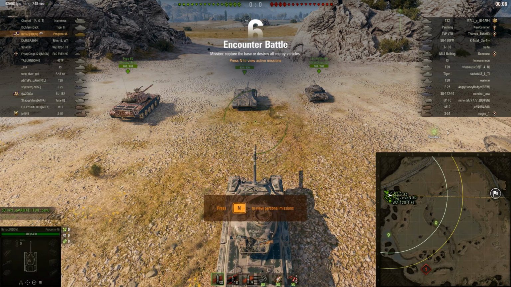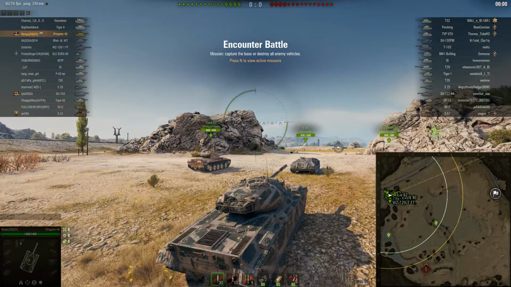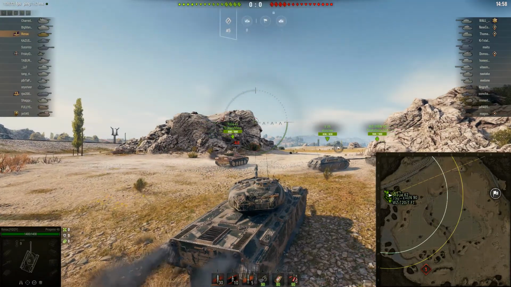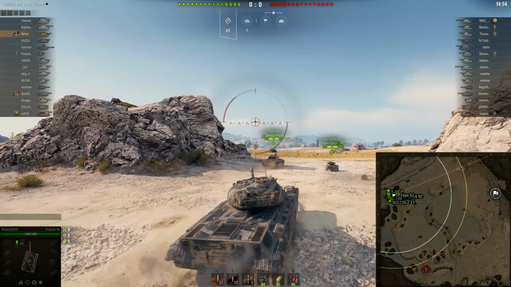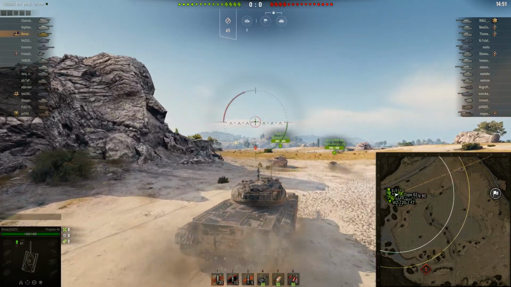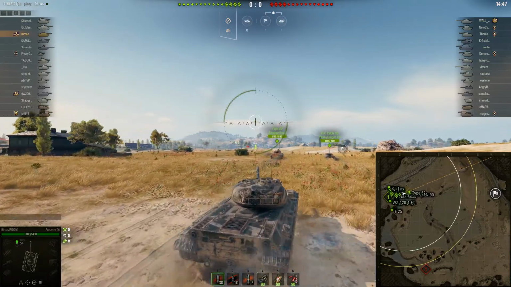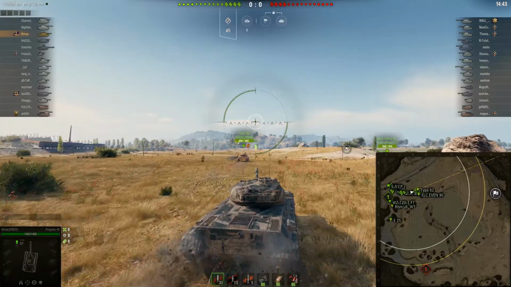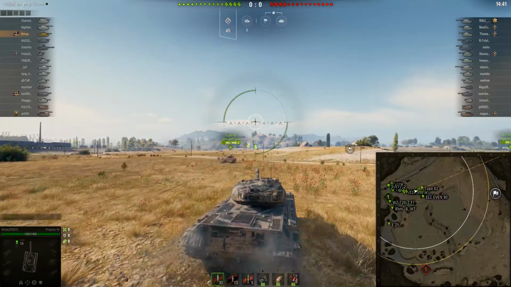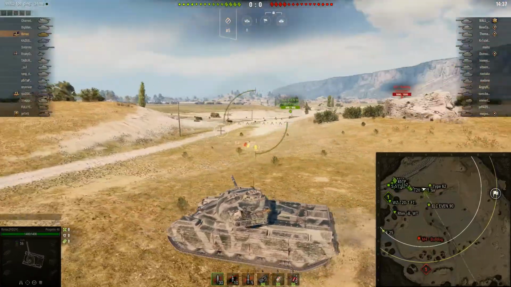This is a battle on the Steps map, and we're following Rimac in his Progetto 46. This is the Tier 8 Italian premium medium tank. As you probably know, this tank's got a 3-shot auto reloader. So once you take the first shot, it starts reloading the next shell. You can fire all 3 shots, but it takes longer to reload than if you just fire 1 shot at